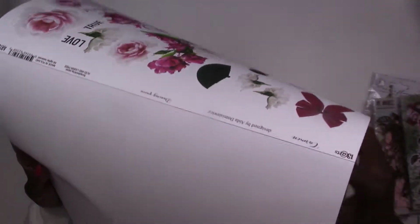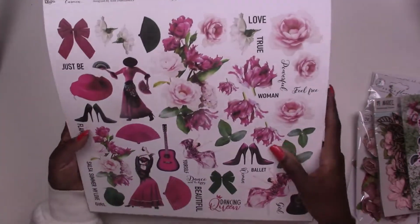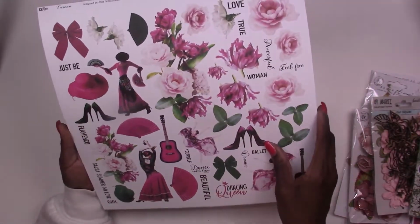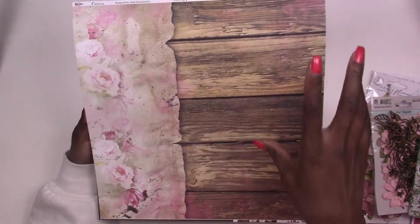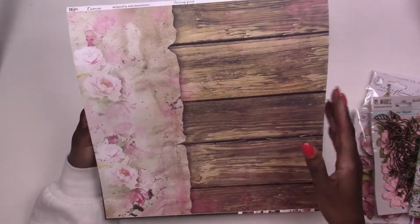And then the back side of that one has got some cutouts for you, so if you don't want to use the one side, you've got some cutouts here. But again, remember, you've got your ephemera as well too, so you really don't have to use these cutouts, especially if you want to use this sheet. And looking at this, I think this is one of my favorite sheets in the pack. I just really like the contrast of the wood versus the softness of the flowers here. So that's going to be your paper pack